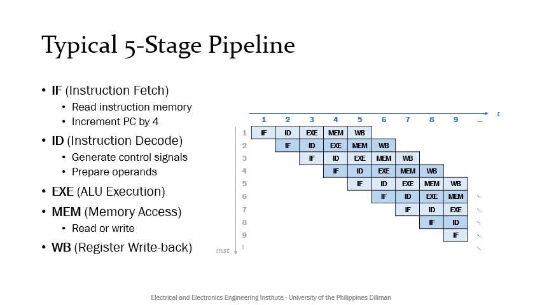A typical 5-stage processor pipeline is divided into the IF, ID, EX, MEM, and WB stages. IF stands for instruction fetch and is where the instruction memory is read to fetch the instruction. The PC increment also happens in this stage. ID stands for instruction decode, where the control signals are generated by the control unit from the instruction code. Since in MIPS, the operands are located at fixed positions in the instruction code, the fetching of operands can happen simultaneously with the instruction decoding.